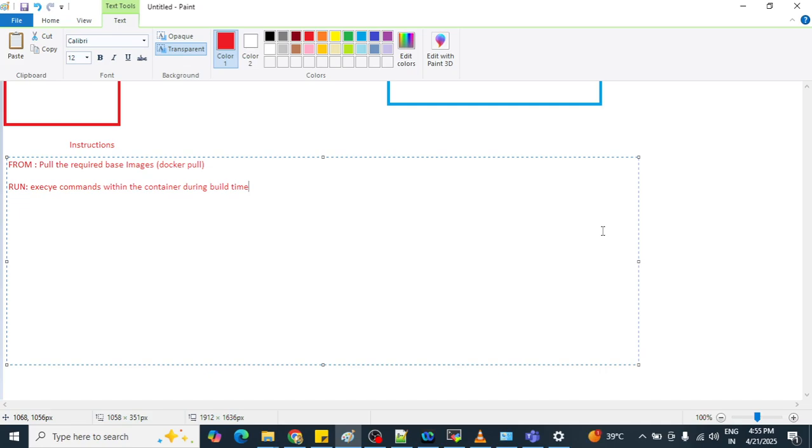And the docker RUN instruction we are using to execute the commands which are required to build our docker image, and that RUN command will execute at build time only.